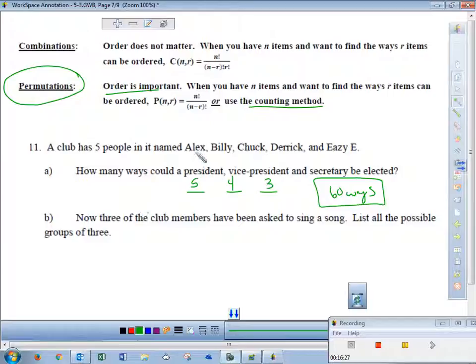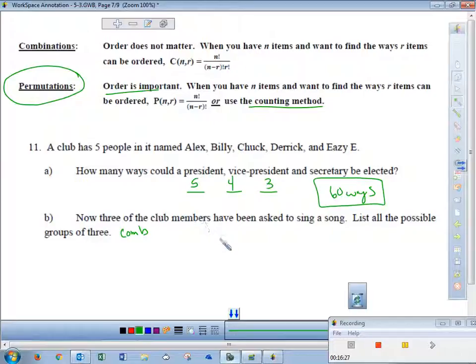So, all right, if Alex, Billy, and Chuck were this way, it doesn't matter if it's Alex, Billy, and Chuck singing, or Chuck, Billy, and Alex, or Billy, Alex, and Chuck. The order doesn't matter what these 3 people are in because they don't have a specific job. Everybody's just in this group singing a song. So this is a combination, you know, if you want to maybe write that down, and we'll use this